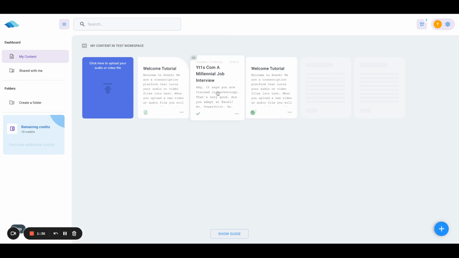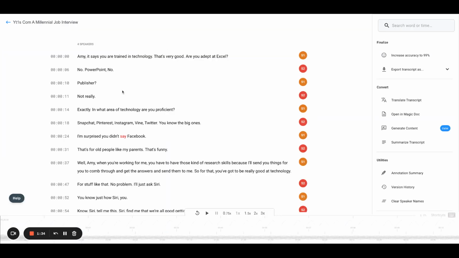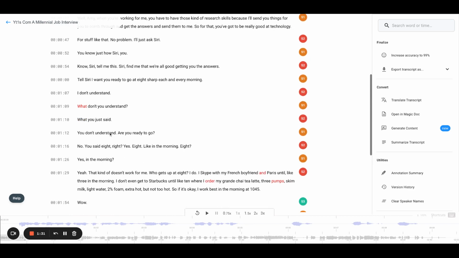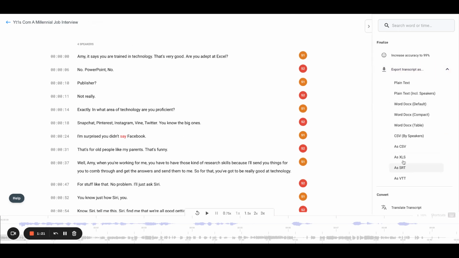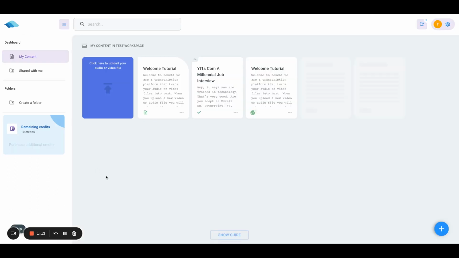Cool. So let's look at the one we just uploaded. You can see it's now been transcribed. Again, you can do the same thing inside the editor as we discussed before. So use it just like you would use any Google Doc, basically. I can export it into any format. So if I export that into a Word file, then I get that into my folder.